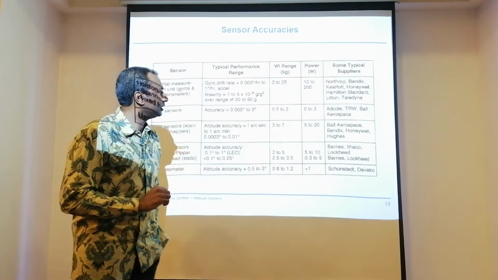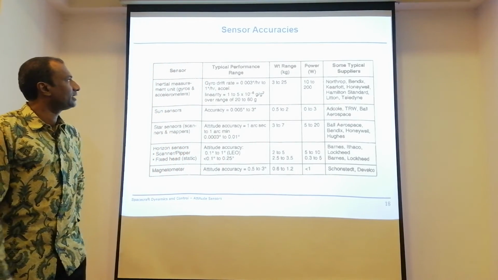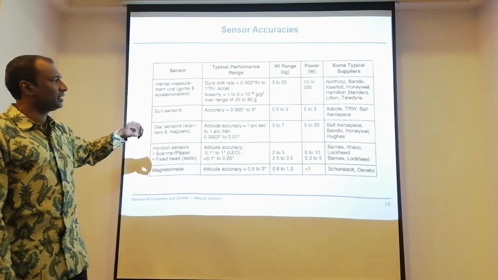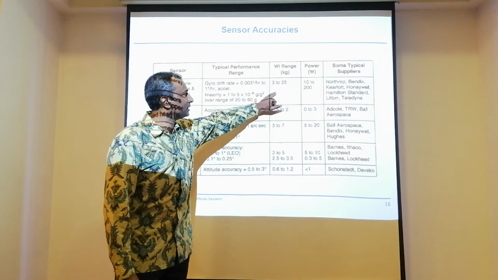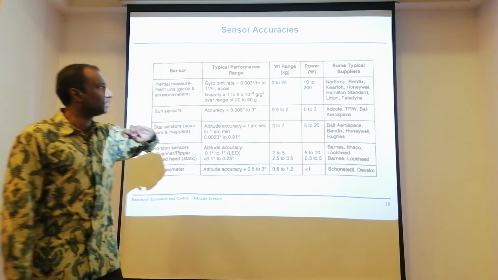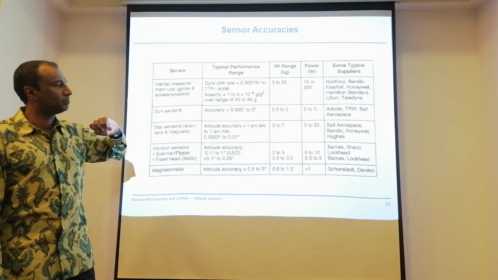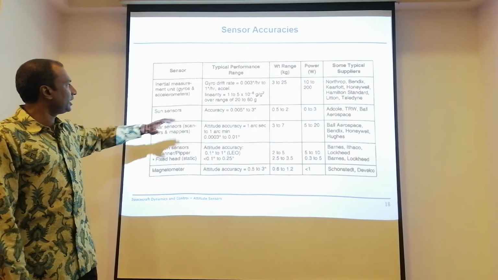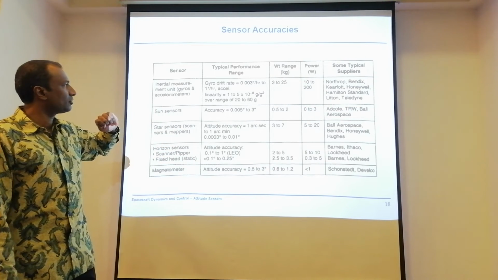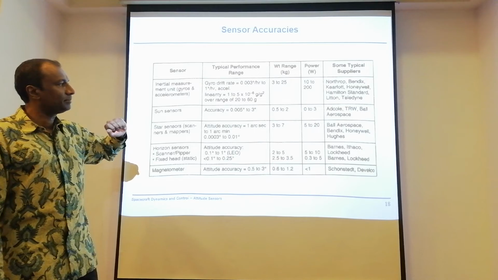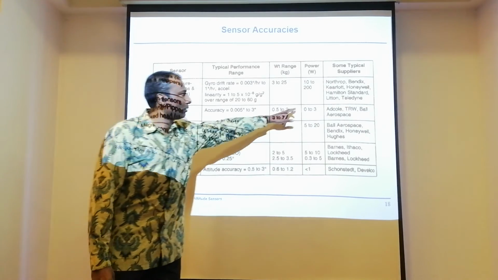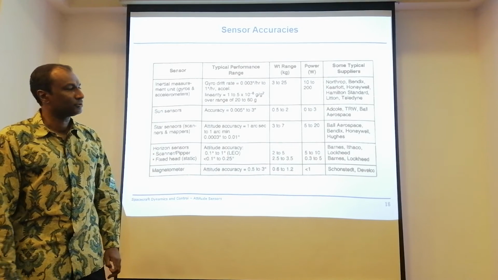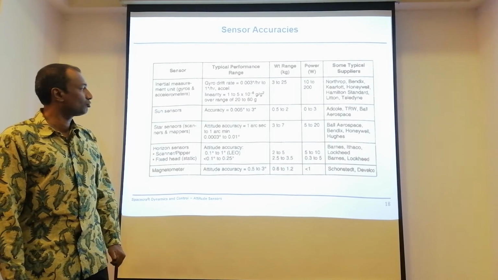All right. Looking at sensor accuracies, or ranges of accuracies. Important, pay attention to the exact mass that you have, because it's going to be very, very critical. If you look at inertial references, for example gyros, they don't come cheap because the power budget is also quite high, and in terms of weight, you've got to take note of that.